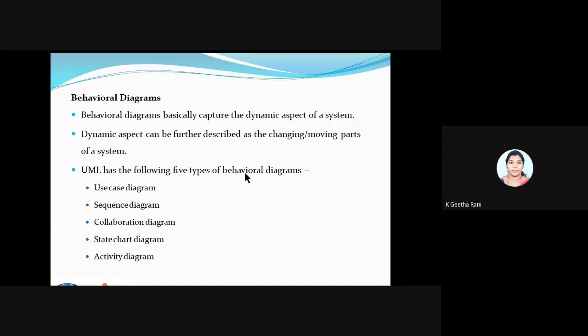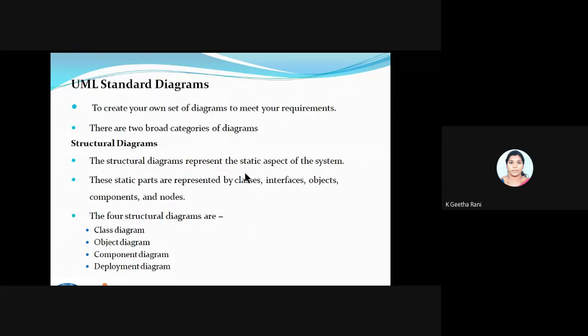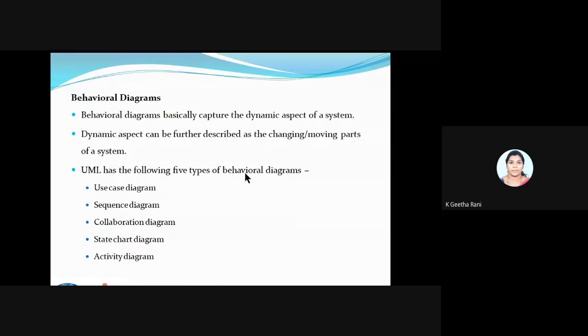So dynamic aspect is nothing but a representation of a changing system or a moving system. It's very difficult for us. We will see how we are going to implement this. So, I hope it's clear now. We are talking about two types of diagrams. One is the structural one, whose other name is the static aspect, and another one is the behavioral diagram, which holds the dynamic aspect. So now we are going to proceed with this unit 3 with our dynamic aspect diagrams.